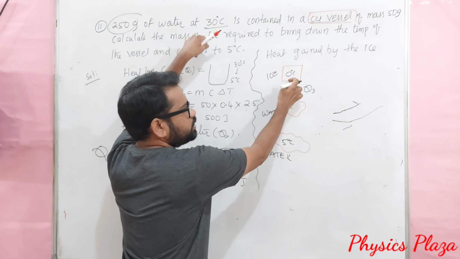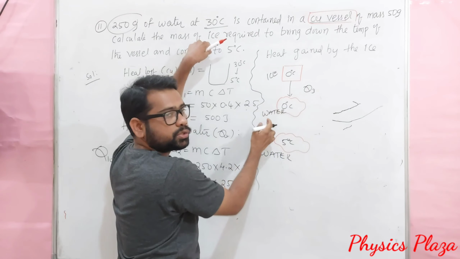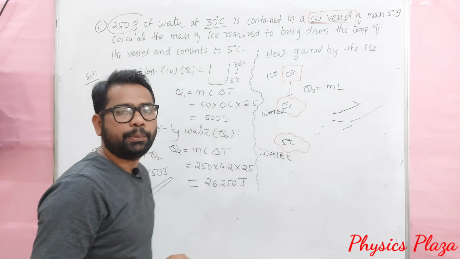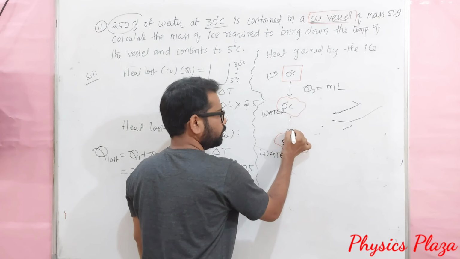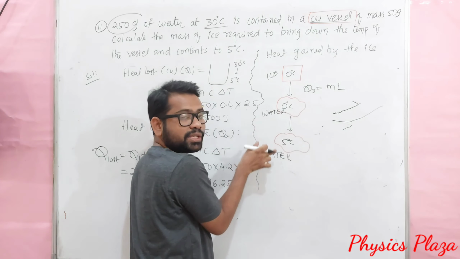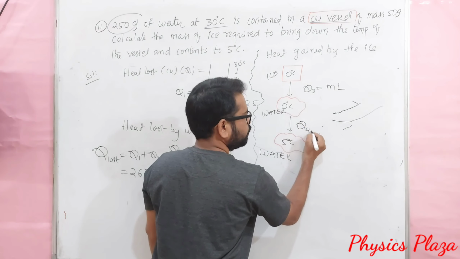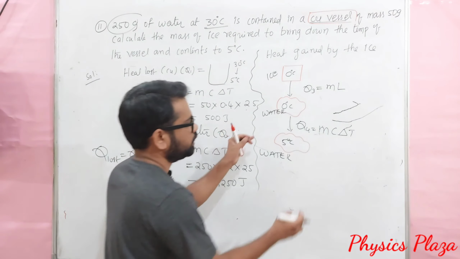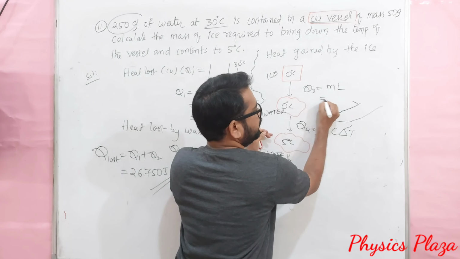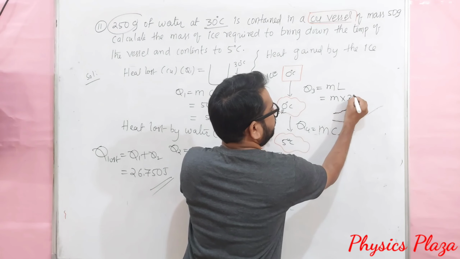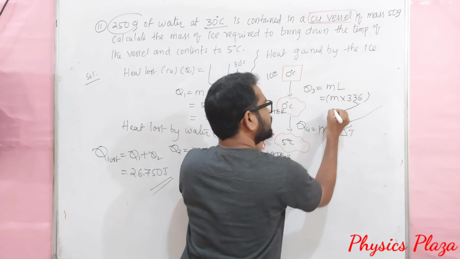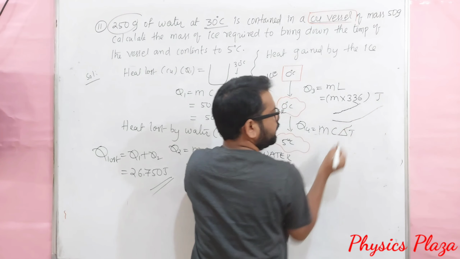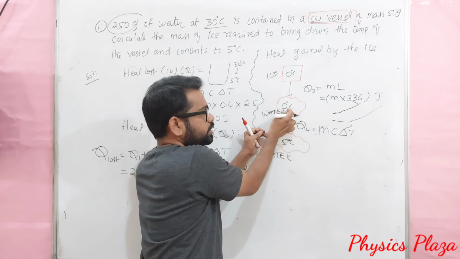Look here, there is no change in temperature, but there is a change in state. So we have to use Q3 is equal to mL. Whereas here, there is a change in temperature, but no change in state. So let us calculate Q4 as mcΔT. The m value is to be calculated, m into 336. It is given as 336 into 10 power 3 joule per kg. We are taking it into grams. So this will be the heat gained from 0 degree Celsius ice to 0 degree Celsius water.